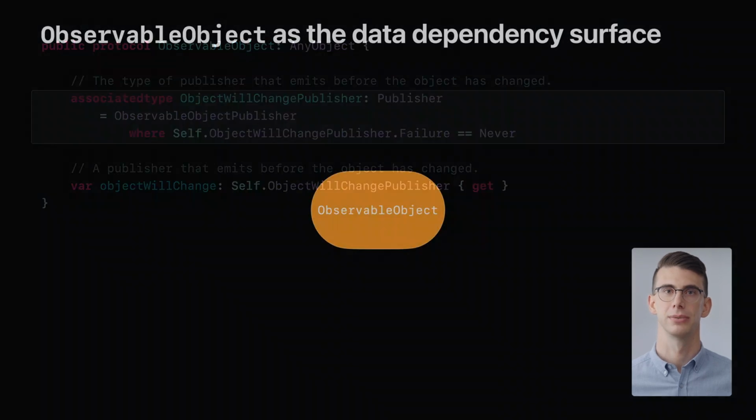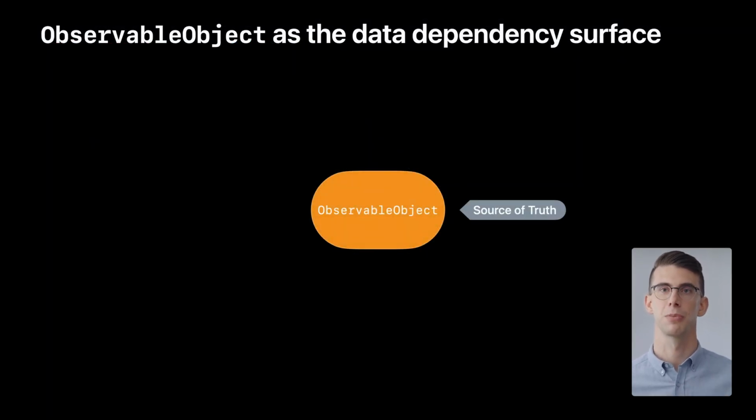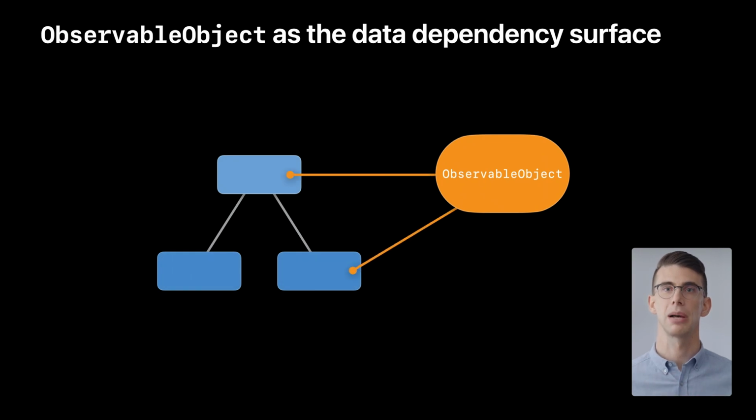observable object. When your type conforms to observable object, you're creating a new source of truth and teaching SwiftUI how to react to changes. In other words, you're defining the data that a view needs to render its UI and perform its logic. SwiftUI will establish a dependency between your data and your view, here represented with blue boxes. SwiftUI uses this dependency to automatically keep your view consistent and show the correct representation of your data.